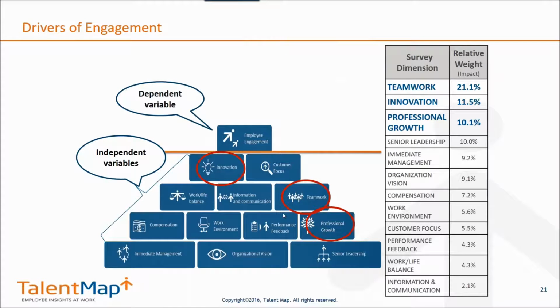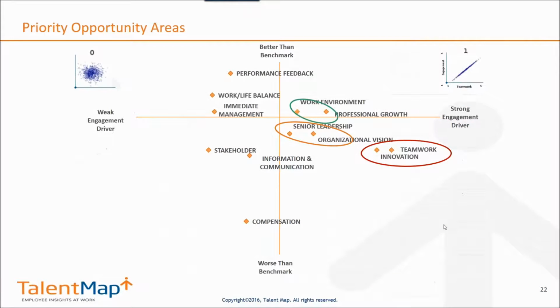So what we're able to do is look at the dependent variable, and look at all the independent variables, and actually rank order from highest to lowest what's most important to your organization to what's least important to your organization. And actually be able to tell you that something like teamwork is 2 times more important than professional growth, for example, in this organization. And in fact, it's 4 times more important than work environment. So you can actually start to see where you should be spending your dollars going forward.